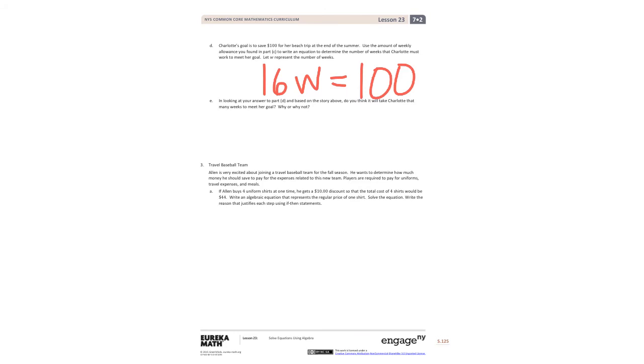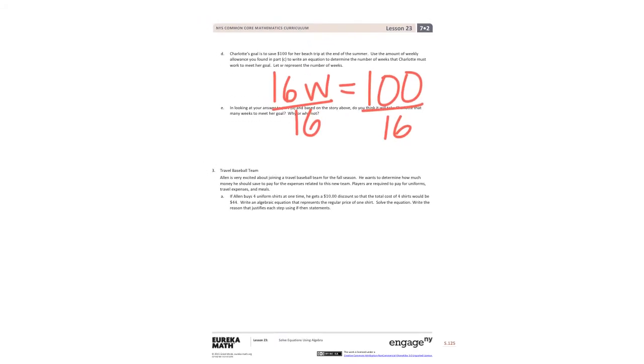All right, hopefully you have an equation that works. Part E says, looking at your answer in part D and based on the story above, do you think it will take Charlotte that many weeks to meet her goal? Why or why not? So the first thing I would do is solve my equation and divide both sides by 16. When I do that, 100 divided by 16, I get 6 25/100. So she would need 6 25/100 weeks. So since you don't get paid in the middle of the week, she needs 7 weeks to